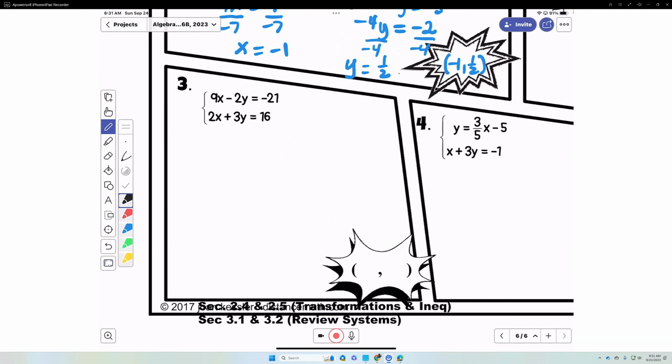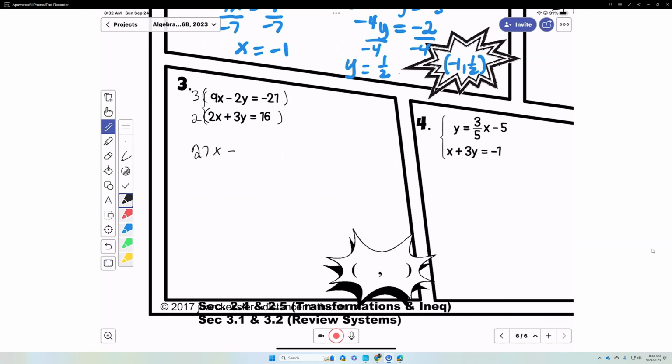For number 3, you notice we have 9x minus 2y equals negative 21. And we have 2x plus 3y equals 16. I'm going to try to eliminate the y's. So what I'm going to do is multiply the first one by 3. I'm going to multiply the second one by 2. So I have